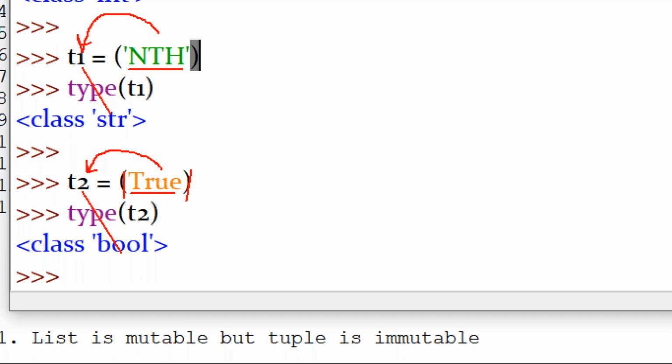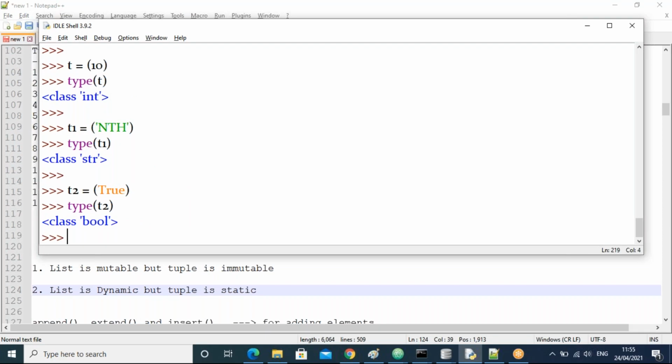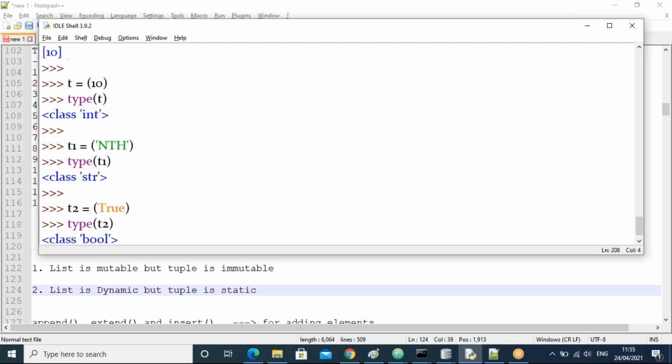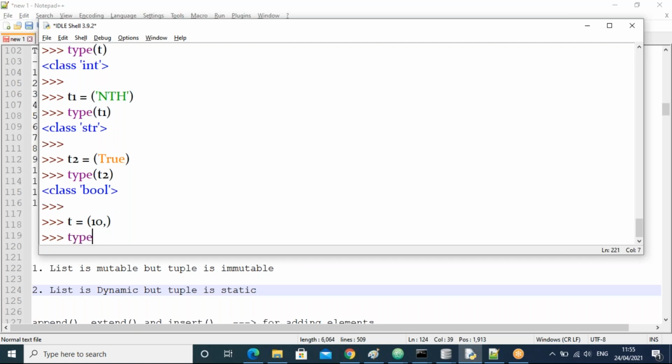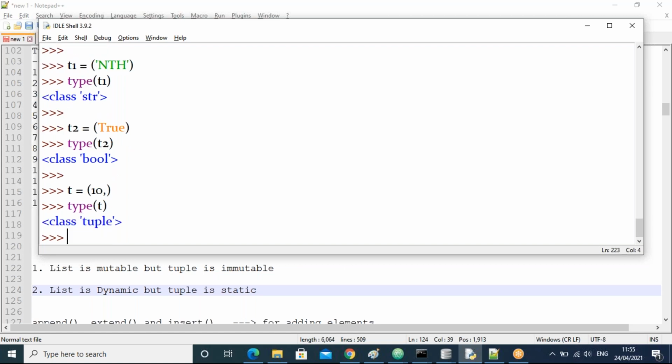But sir, how to create a tuple with one element? Yes. Now all of you observe the same first one. I'll take here 10. So we should have more than one, guys. If I take 10 comma 20 comma like that, it's fine. But I want one element only. Just take the 10 comma, guys. Then type of t, which one now? Tuple or not? Yes, guys. It is a tuple type.